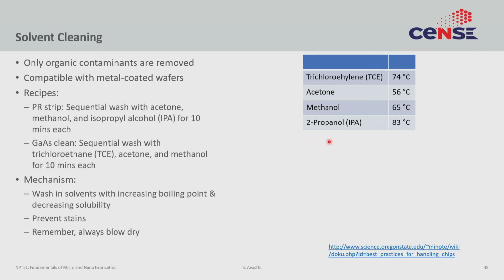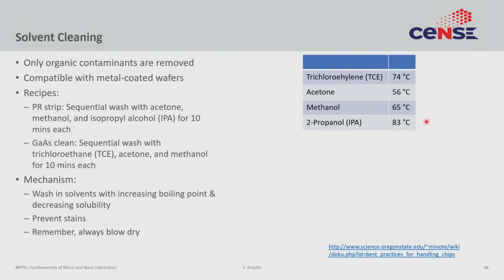Remember, coffee stains happen when a solvent evaporates and leaves behind residue. So you want to avoid that, and the way to avoid that is to first wash in acetone. It's an extremely good solvent, but drying acetone is very hard because it's very volatile. It will never blow dry, it will just evaporate. So if you now dip that acetone into methanol and then into IPA, you finally get to a place where you can now blow dry the wafer without evaporating it, so that you prevent coffee stains. That is why this order is important.